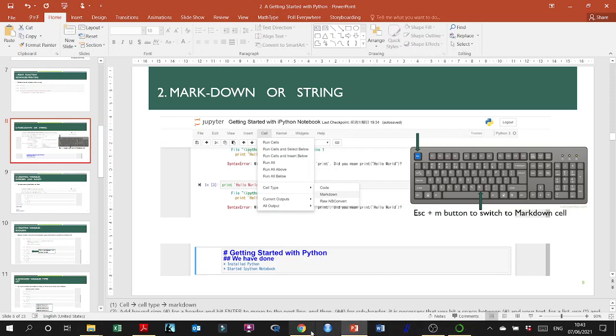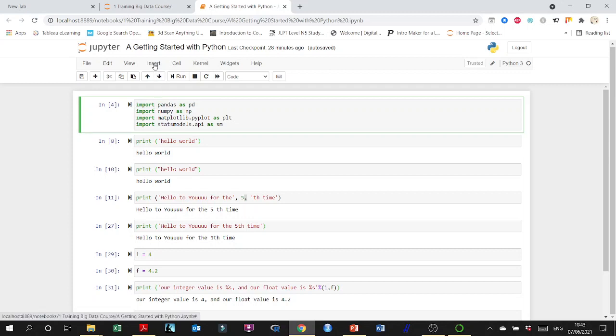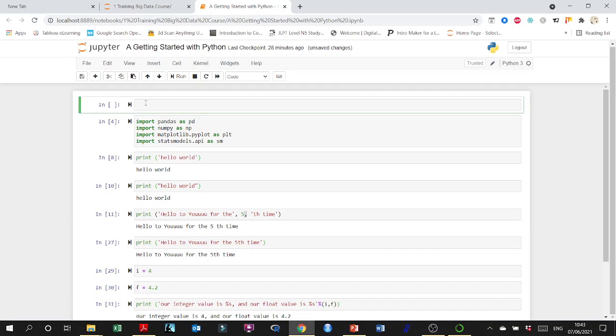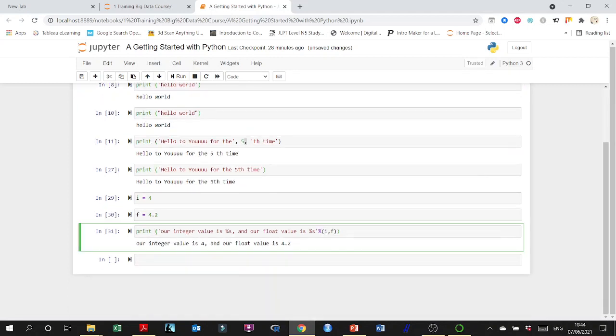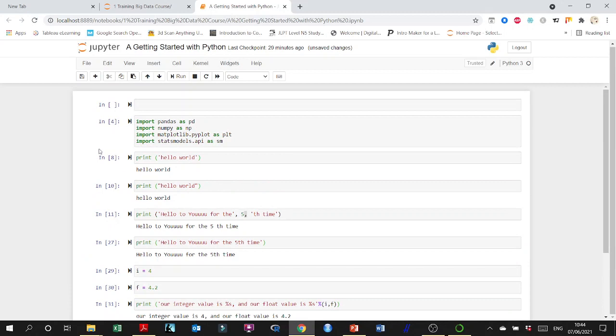Basically, here in the interface, you can add a cell. Let's start with inserting a cell. You can head up and insert a cell above. So here I inserted a cell above. All right. You can also go in here and insert a cell below. So here's another cell below. Okay. So in this cell, for example, I would like to type in